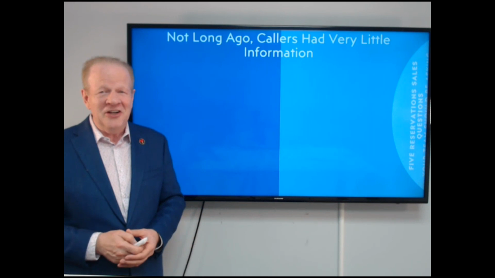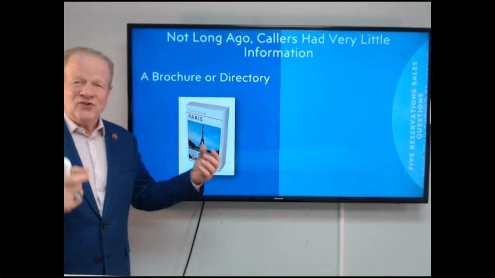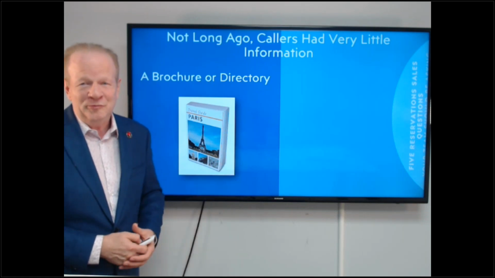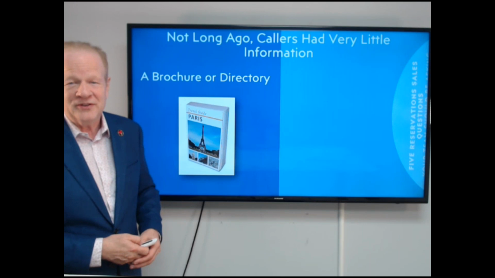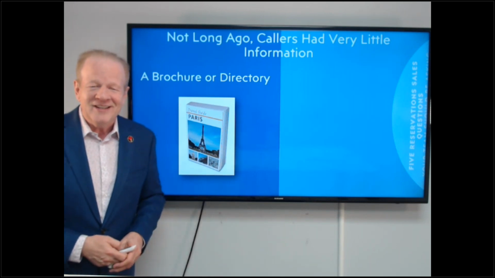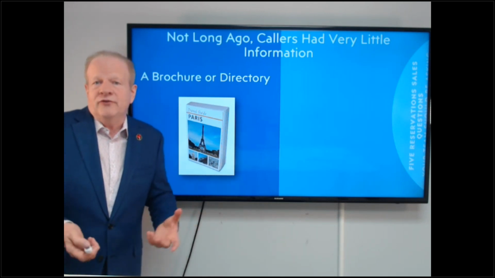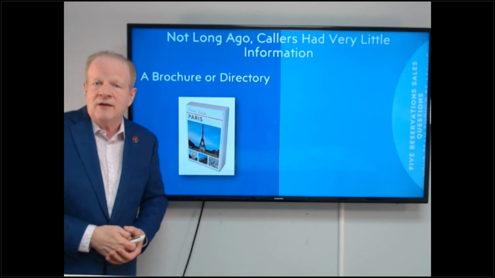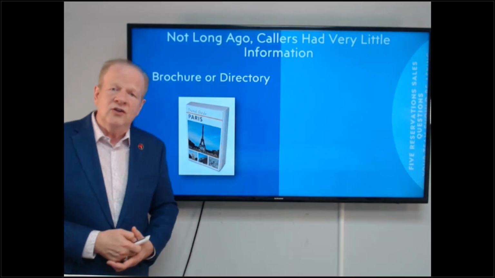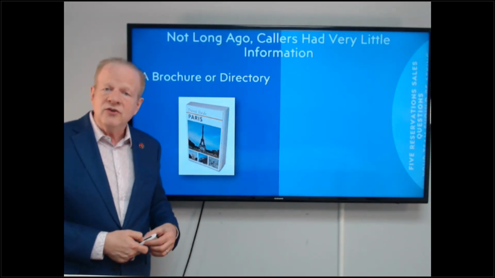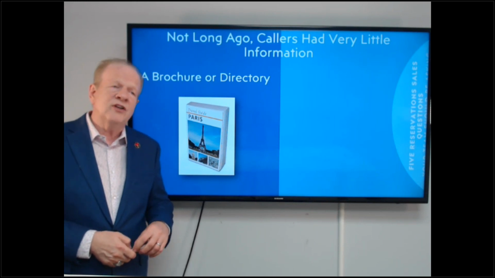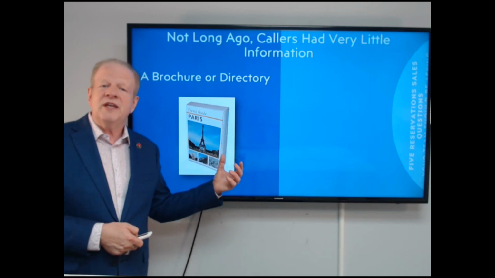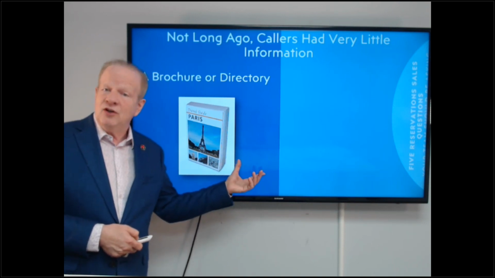It does not seem that long ago when people's source for lodging planning was a directory, or even before this, a phone book. A few of you have even seen a phone book. Some of you maybe even used one. So people would call for a brochure. Hotels would send out stacks of brochures every week. When I worked in reservations early in my career for Marriott and later in New York City at a luxury hotel on Fifth Avenue, we got all the time, hi, can you send me a brochure? And they would get a brochure, or they would get a directory for a city from something called a bookstore.